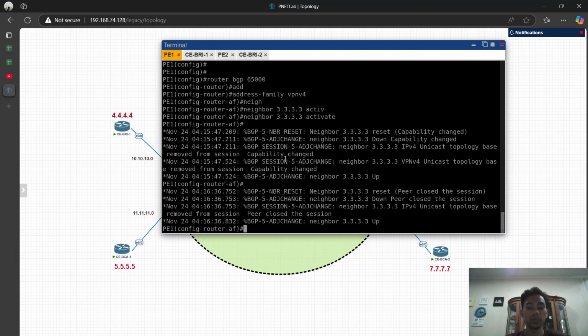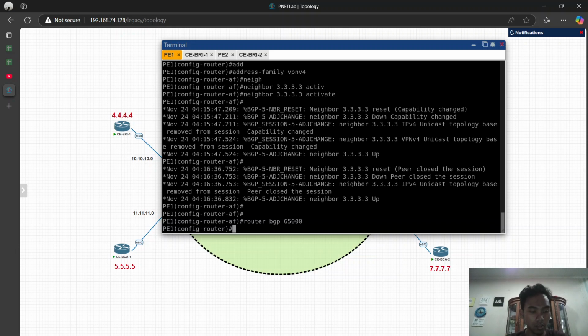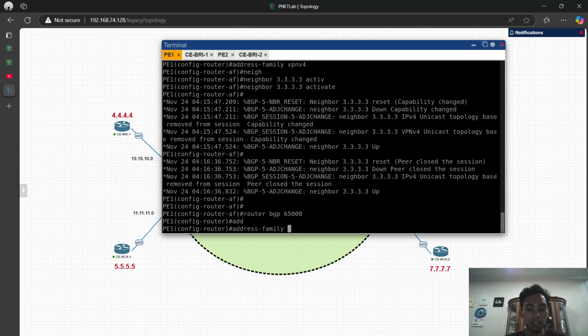Because we have the BGP here, we're gonna use that BGP. There is the BGP 6500. Address family IPv4 VRF BCA2.